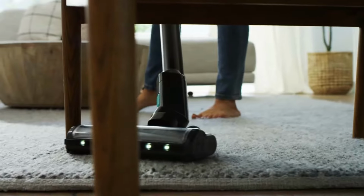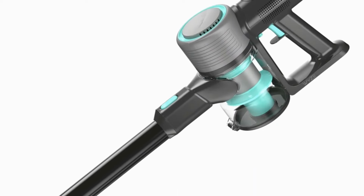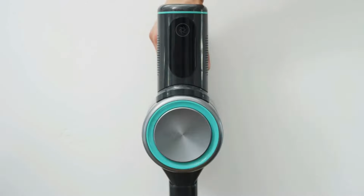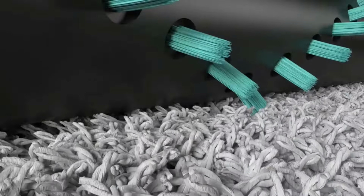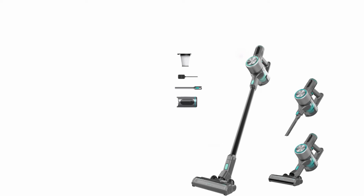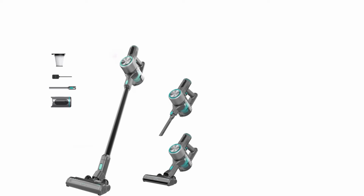It comes with an onboard HEPA filter that's pretty effective in sealing in allergens. Its battery performance isn't bad for a cordless model in this price bracket. While its runtime is very limited in its high-power turbo mode, it can run for almost an hour in its most energy-efficient eco setting. Unfortunately, compared to pricier models like the Samsung Jet 75, the Wyze's build quality is somewhat